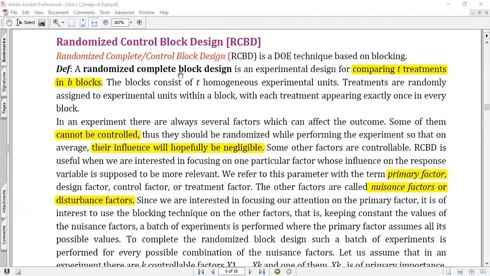Here we are going to look into this particular experiment type, RCBD, that is randomized control block design. In addition to what we have seen in the previous one, RCT, randomized control trial, where we have seen only one factor that we could put in the experimental design and analyze the result, here we will be having one more factor. You can add additional factors, not only one factor.